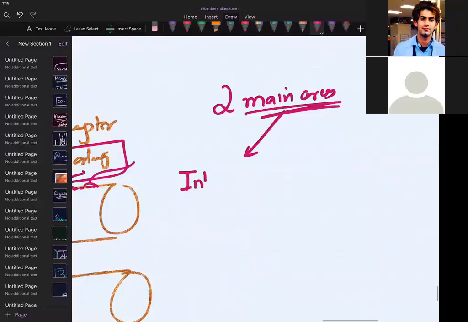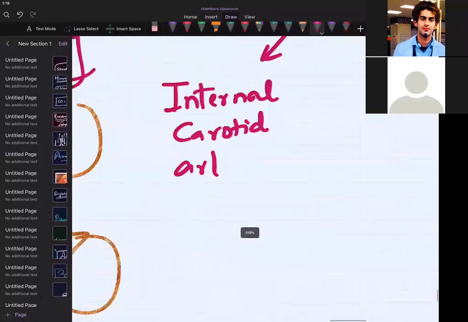Internal carotid artery. My dear C, you are writing, yeah, very nice. Carotid sinus, yeah, exactly. Very nice. Beautiful answer. So internal carotid artery, I will be telling this, but don't write vagal, because first you should understand what a receptor is, then you can understand it. Very, very nice. So carotid sinus and aortic arch, beautiful.